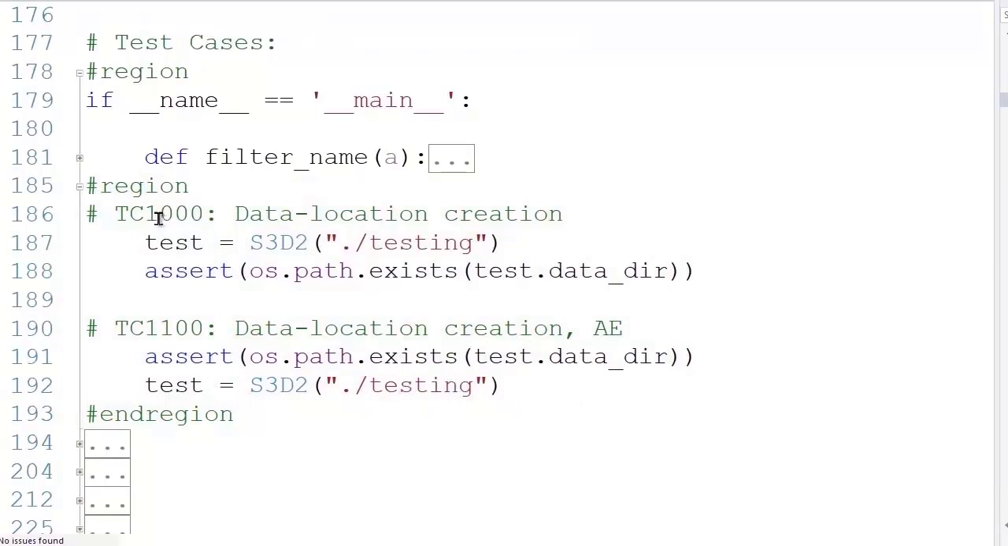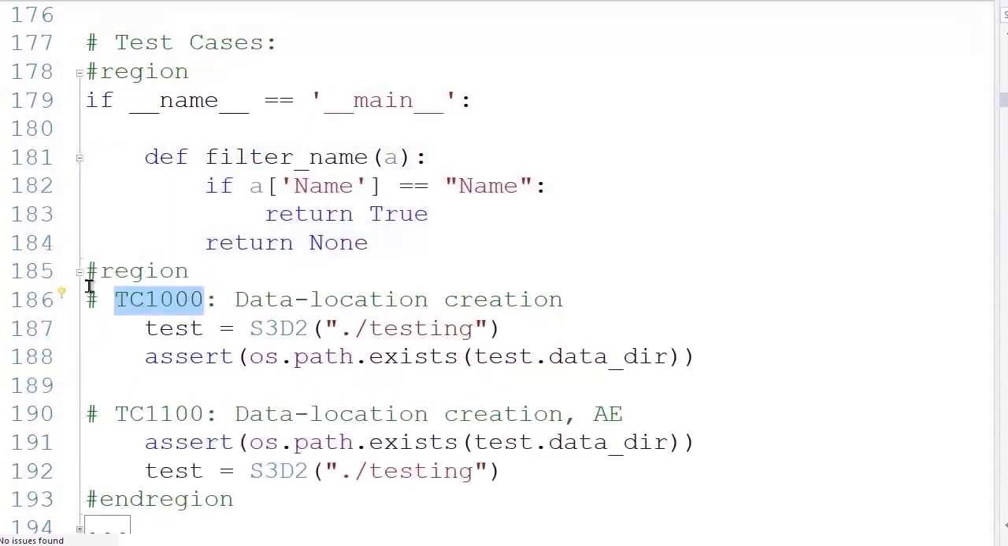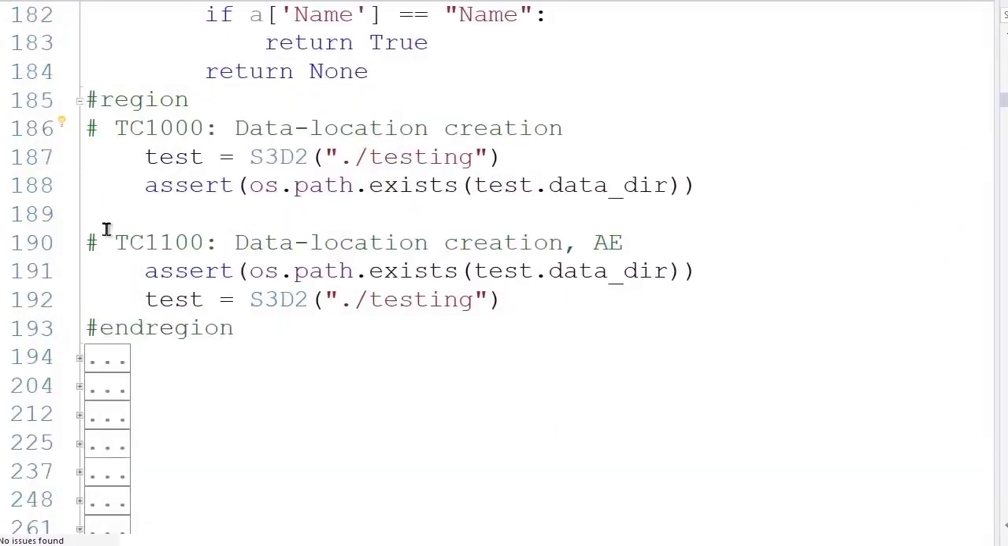Here we have our region. We're going to have our first test case, data location and data verification. The next test cases, of course, are moved down through the create, read, update, and delete paradigm using our new S3D2